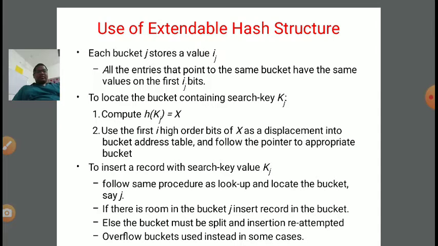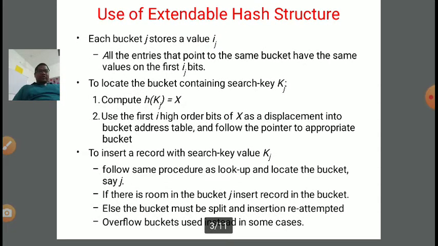Now some algorithm steps are given here, so we need to follow them in order to implement this extendable hash structure. The first step is: each bucket j stores a value i of j. What does it mean? All the entries that point to the same bucket have the same values on the first i of j bits.